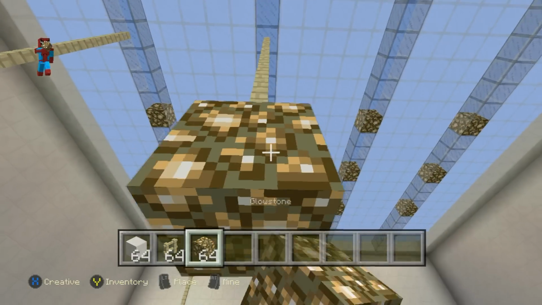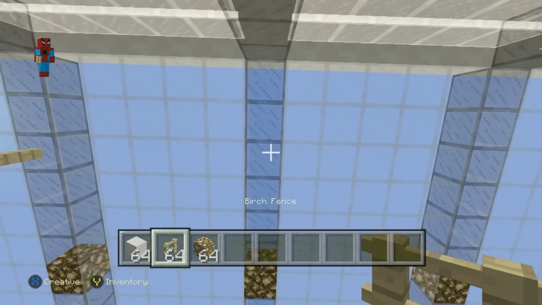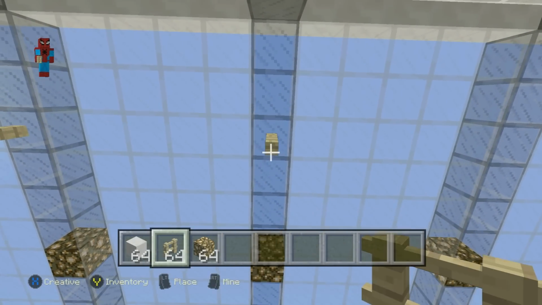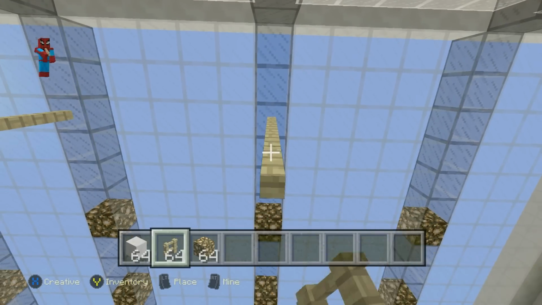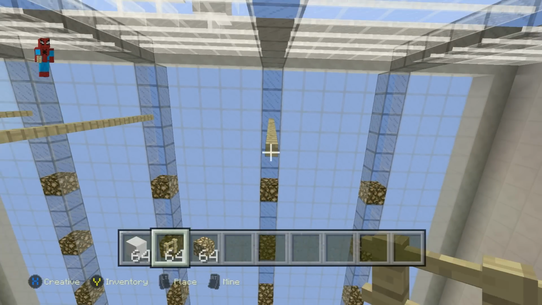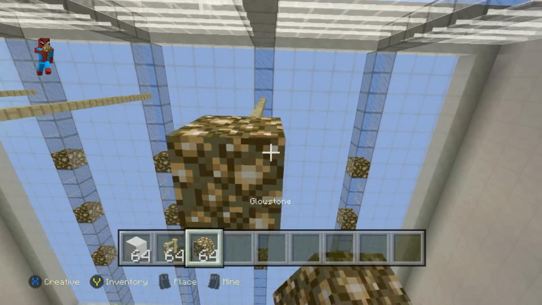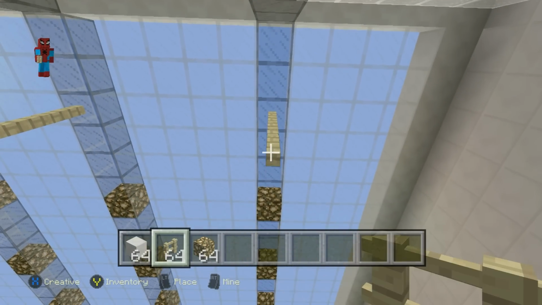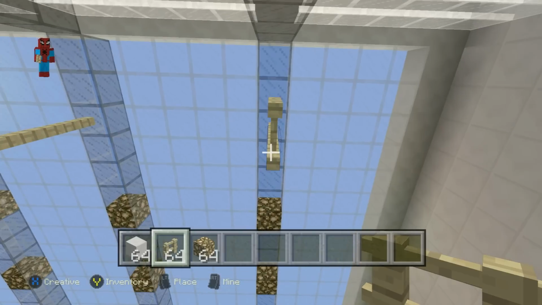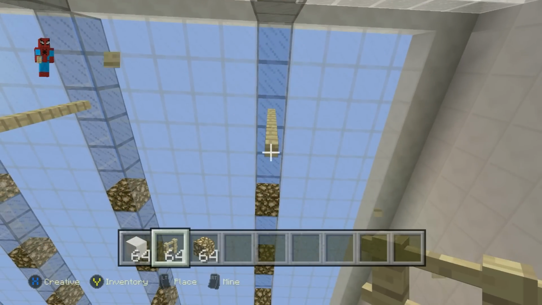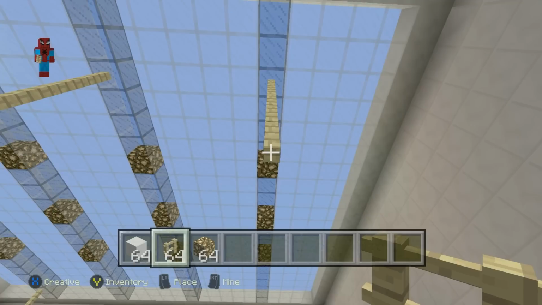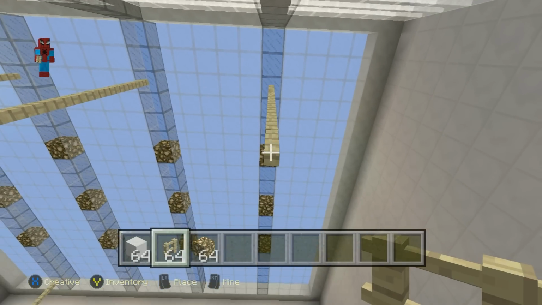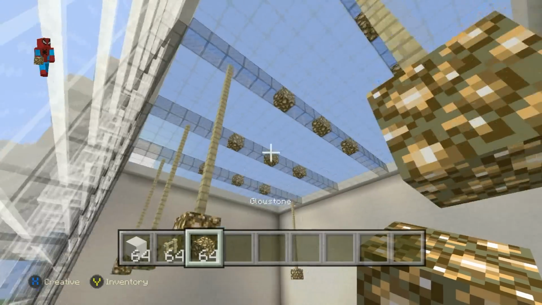And you know what, I'll do the entire front first and then I'll do the back. So coming down from this third block, it'll be 1, 2, 3, 4, 5, 6, 7, 8. Get a little faster here, glowstone. And then it'll be 1, 2, 3, 4, no, whoops. So that's the fourth one, isn't it? So 4, 5, 6, 7, and 8, then a glowstone, and then we just have 3 more to do at the back.